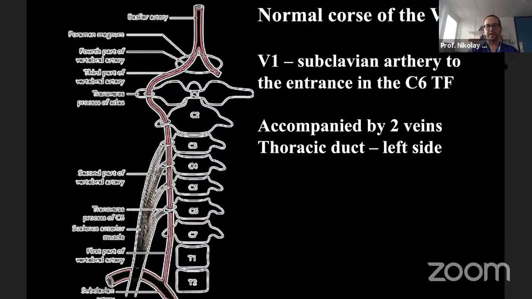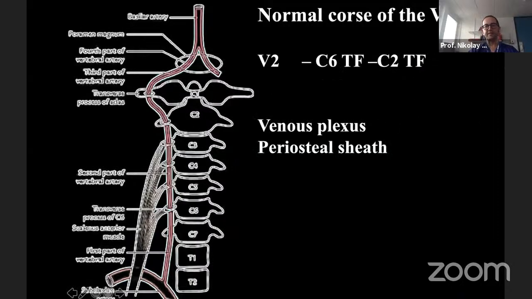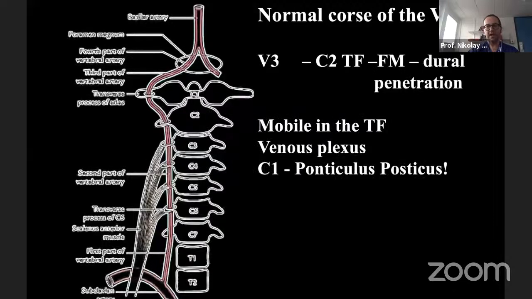Then the next segment V2 is from C6 transverse foramen to the C2 transverse foramen. Abundant venous plexus, periosteal sheath, so you still have some margin for error. If you try to go in there, first thing that you're going to see is venous bleeding, but you still have to be careful. V3 is C2 transverse foramen down to the foramen magnum, and this is probably the most